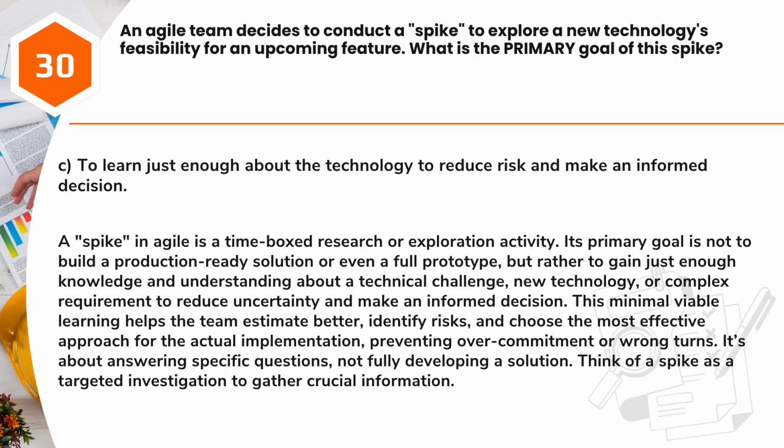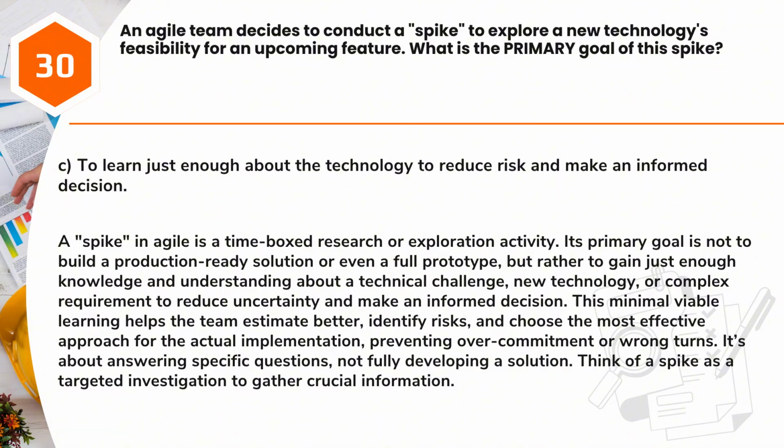Answer: C. To learn just enough about the technology to reduce risk and make an informed decision. A spike in Agile is a time-boxed research or exploration activity. Its primary goal is not to build a production-ready solution or even a full prototype, but rather to gain just enough knowledge and understanding about a technical challenge, new technology, or complex requirement to reduce uncertainty and make an informed